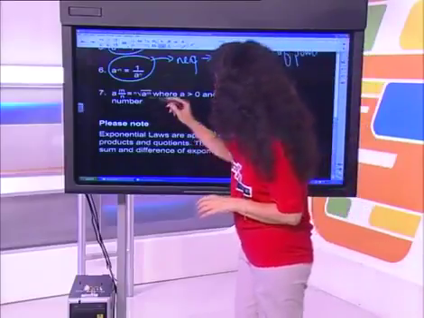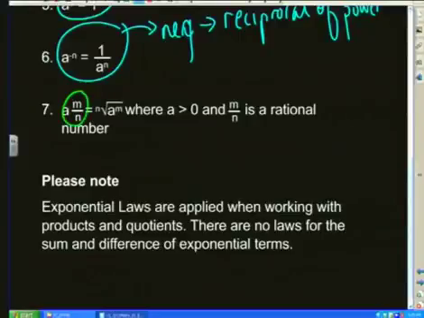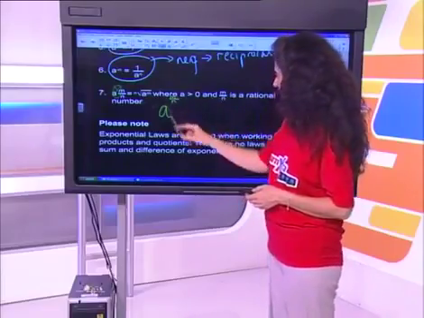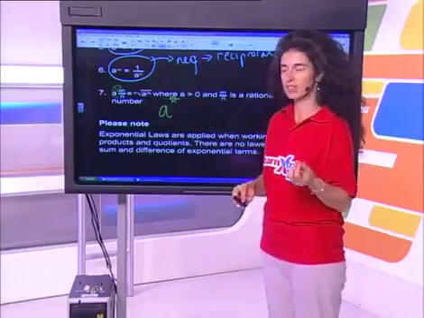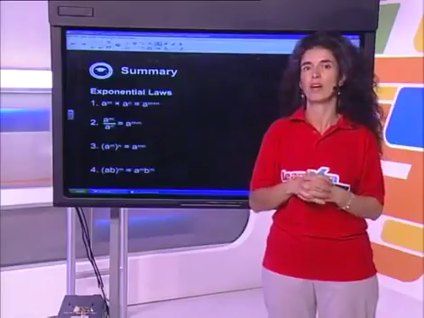Now, this looks a little bit incorrectly written. Let me just rewrite that. That should say a to the power of m over n, which means that you have a rational exponent. Rational exponent means it's a fractional exponent. So this will exist when our base is positive,